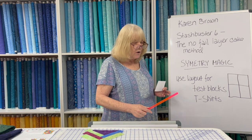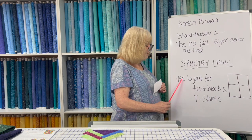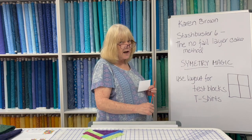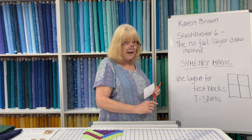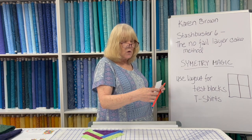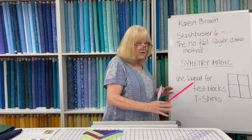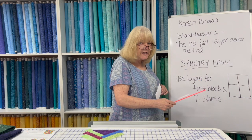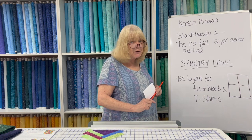People have orphan blocks. Could also be used for t-shirt quilts. That's what I thought of. You could use this layout for test blocks or t-shirt quilts. Now, granted, most of you are not going to have 4 test blocks that are exactly identical, but you could group together your leftover orphan blocks in similar size or similar colorways, and even if it wasn't identically symmetrical like Karen did with the layer cakes, it could provide a really good layout for test blocks or a sampler quilt